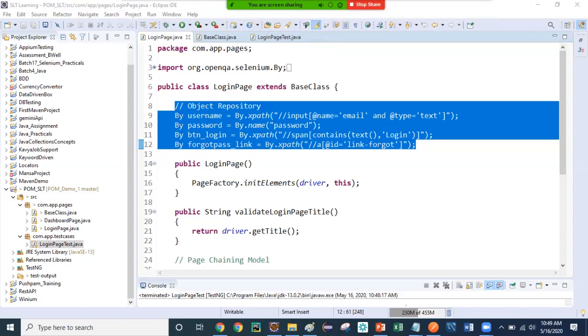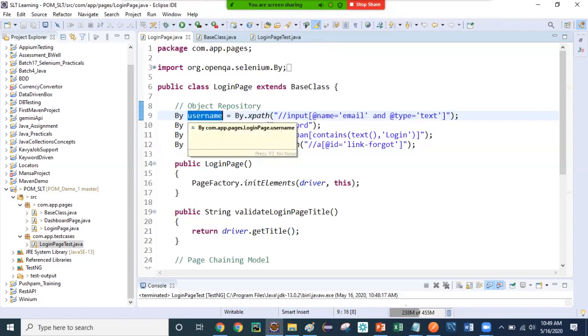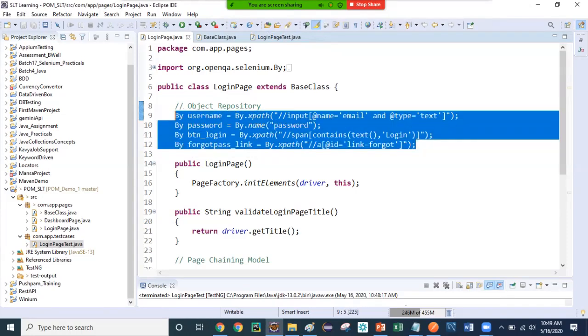But if we have a proper object repository, we only modify the content over here, if there is any change in the locators or in the field. Each and every automation tool, like SoapUI and Katalon Studio, has its own inbuilt object repository.